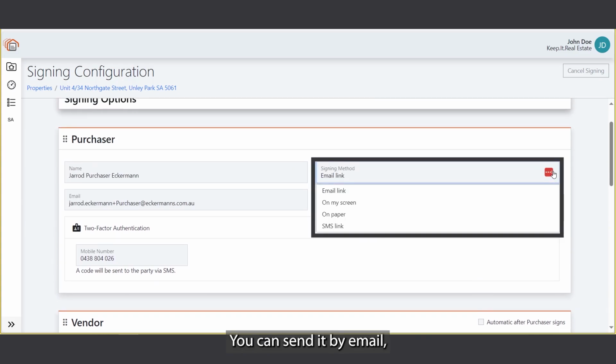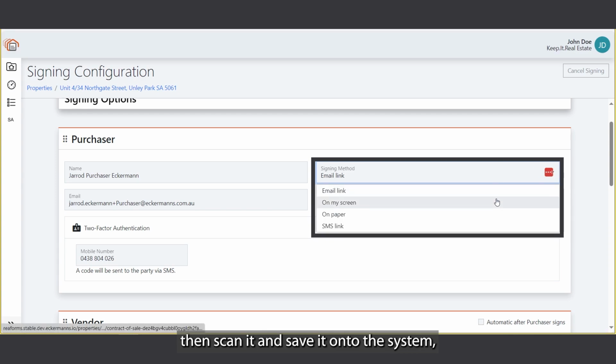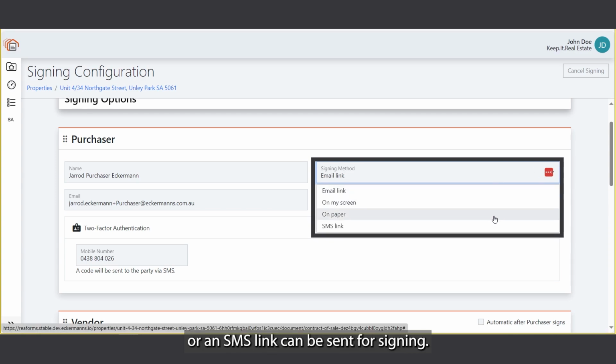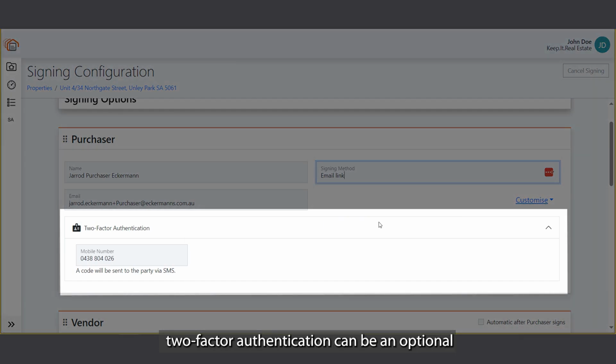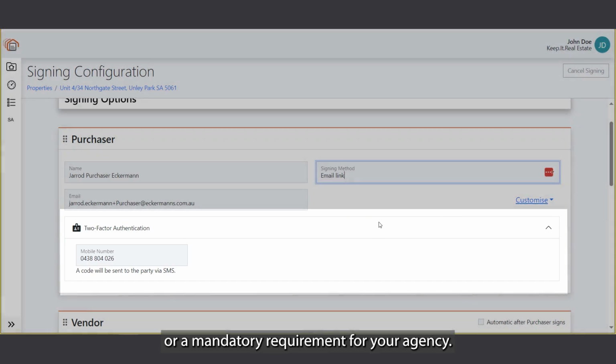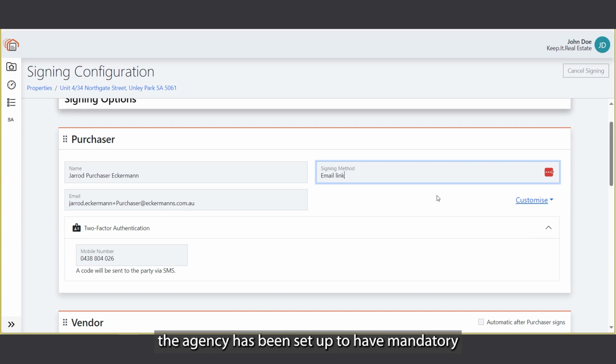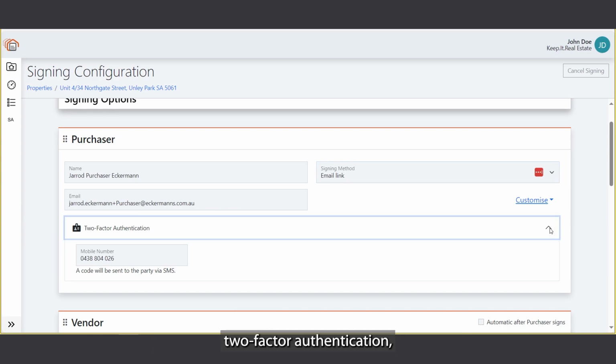You can send it by email, they can sign on your screen, they can sign it on paper, then scan it and save it onto the system, or an SMS link can be sent for signing. In addition, two-factor authentication can be an optional or a mandatory requirement for your agency. In this instance, the agency has been set up to have mandatory two-factor authentication, meaning as the end user, I